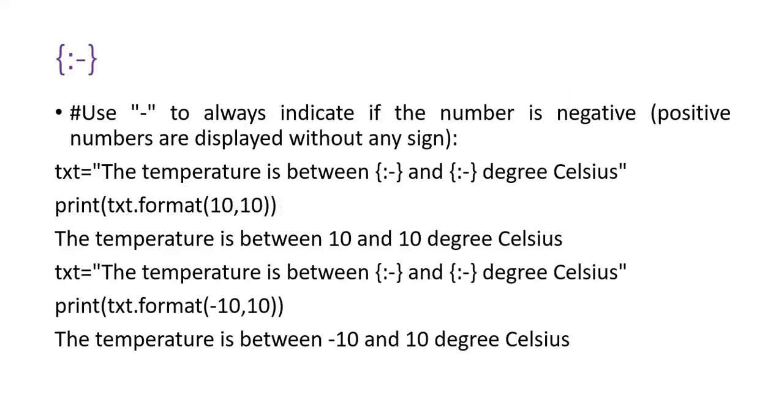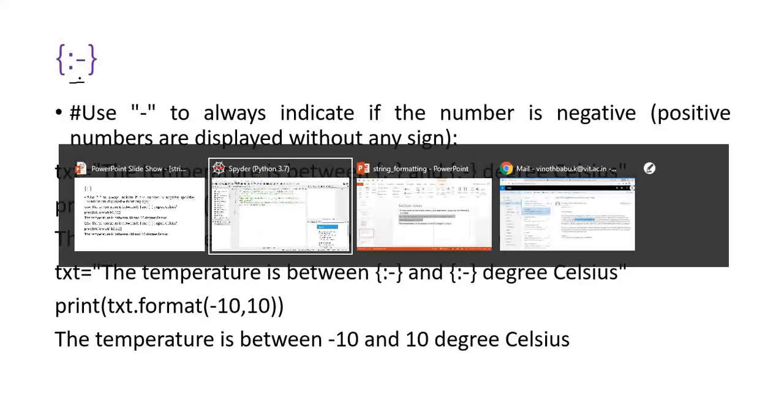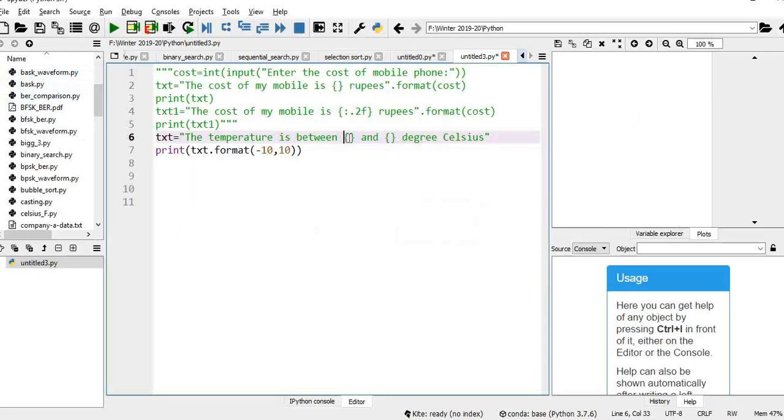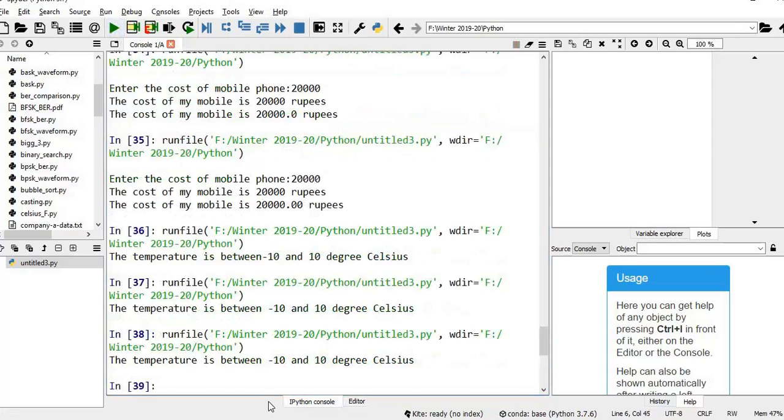Those things are also possible. So for example, I'm just using colon negative. Here also I'm using colon negative, but it won't add a minus before this 10. If it is a positive number, it won't be added. You just see, the temperature is between -10 and 10.